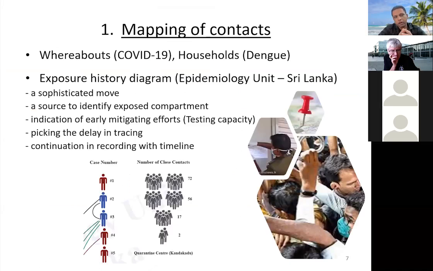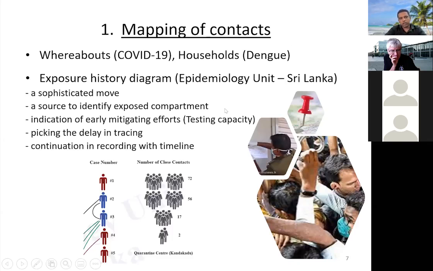It is very important to have whereabouts. According to our officers in healthcare and even in military units, they considered many sources to find out the contacts, after seeing their mobility after getting the infection. This whereabouts information is very important, not only for COVID, even for dengue. Sometimes we do not care about this, but within the household also, let's say I am infected with dengue, mosquitoes are around me. So within the household, we have a mechanism to spread the dengue. So the whereabouts of our location is very important.